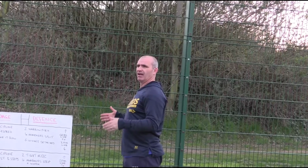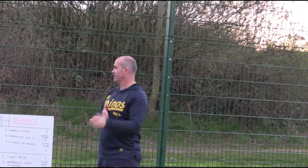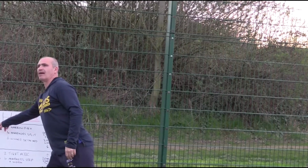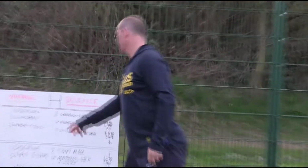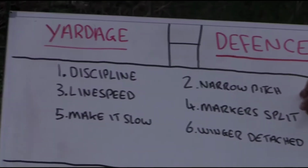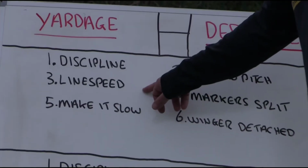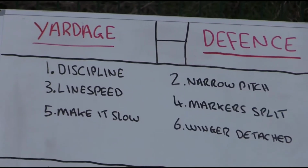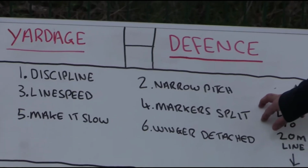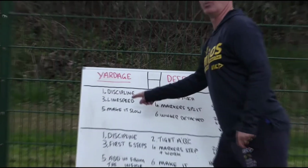really, really tight. And on those two or three plays, you could see that at the point of contact, because that was in place discipline-wise, narrowed the pitch with our spaces defensively. I've got to say, guys, outstanding line speed, really, really effective. Okay, markers were really effective in a split. Okay, obviously we didn't go to ground in terms of that making it slow part of it, because we've got